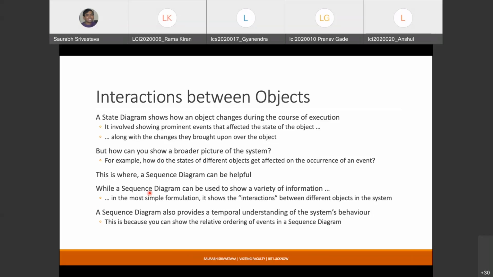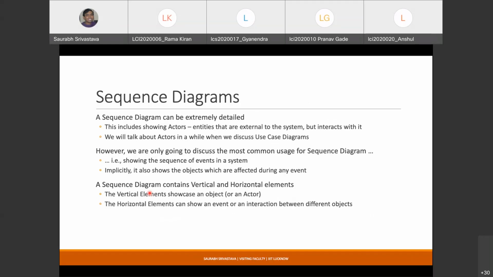So all these kinds of scenarios where two or more objects need to interact with each other in order to achieve some functionality can be represented using sequence diagrams. A sequence diagram, as I said, can have a number of details. We are only going to discuss a subset of such details, because we are not really modeling extremely complicated systems.